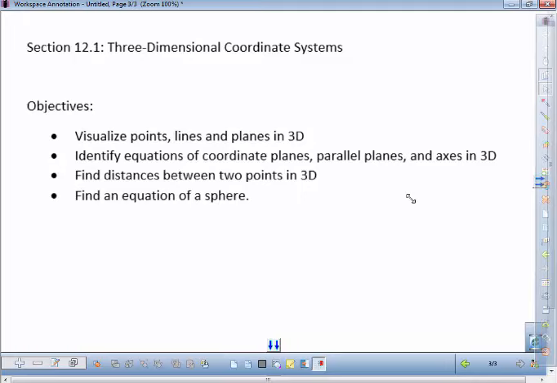So the idea here is to get used to drawing things in 3D, starting with the X, Y, Z axes. And then we're going to identify some simple planes and axes, and then we're going to find distances between points